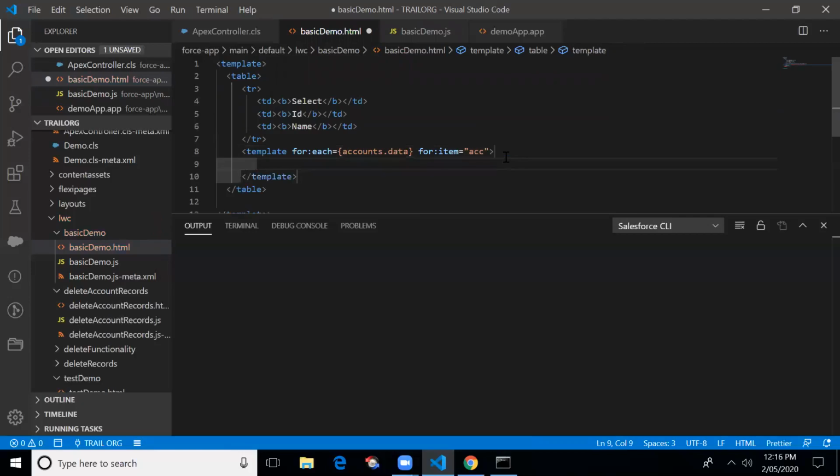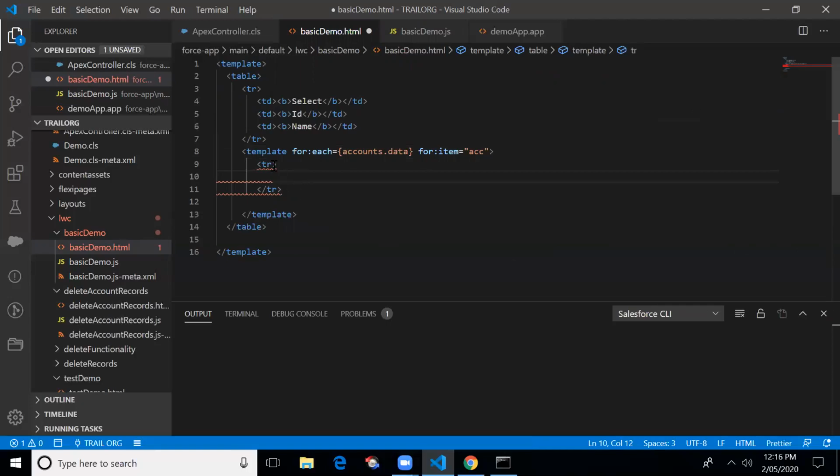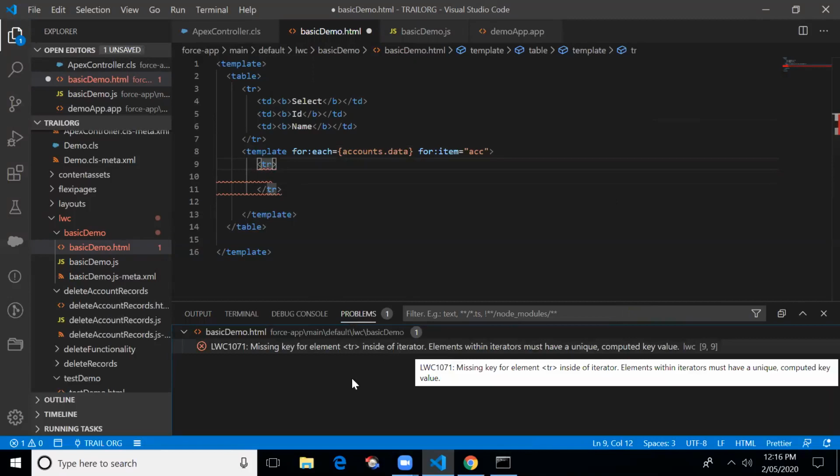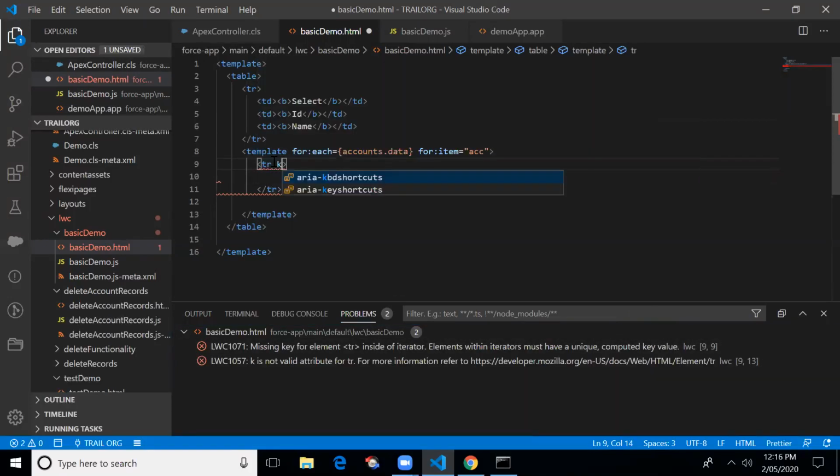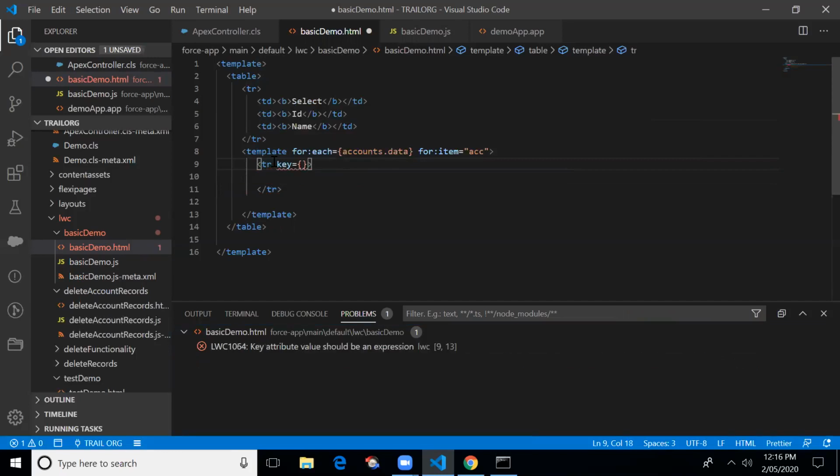This is just like a reference variable name. Then tr. Here we need to pass the key. If you don't pass the key here, then we'll get an error from Salesforce. See the error here: missing key for an element. So I'm passing the key to the tr, key equal to acc.id.